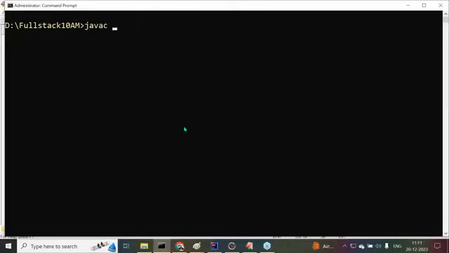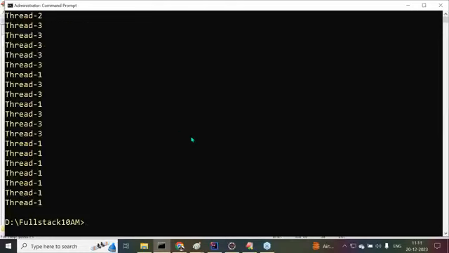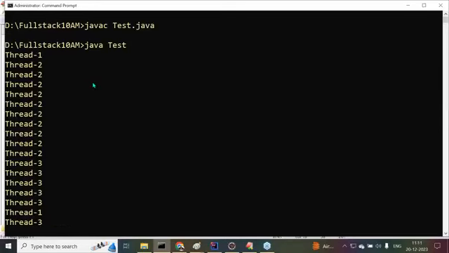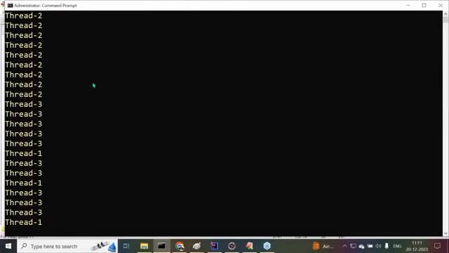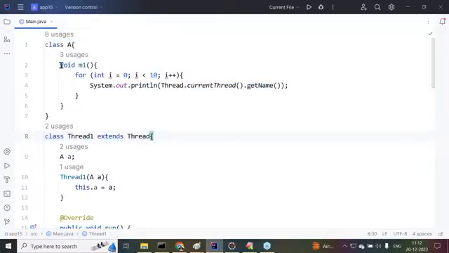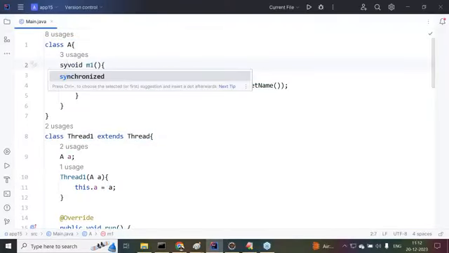Now see this one: javac tester.java compiled successfully. Java tester. Now we are getting mixed output, and we can identify it clearly. Once again if we execute this one, perfectly mixed output we are getting, 1 1 2 3 2 1 1 2, like this some mixed output. All right, sir, but the point I'm telling you here is I want to make this method as what?